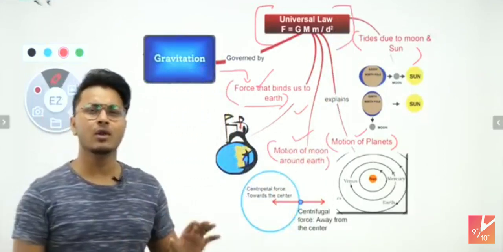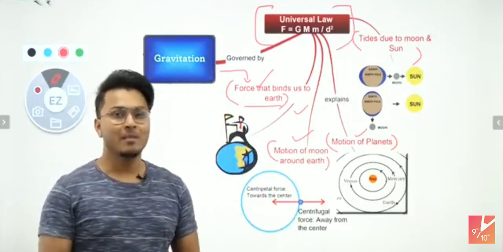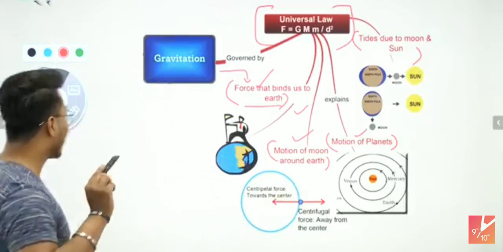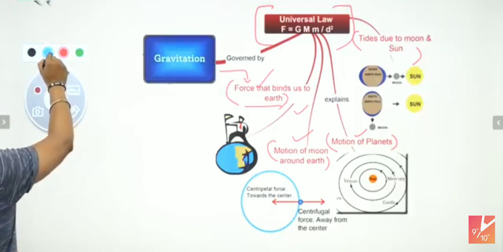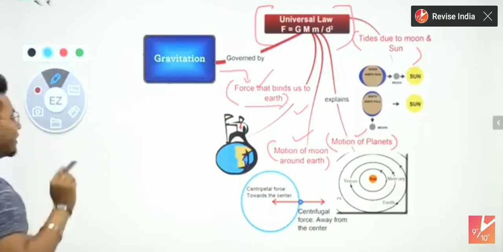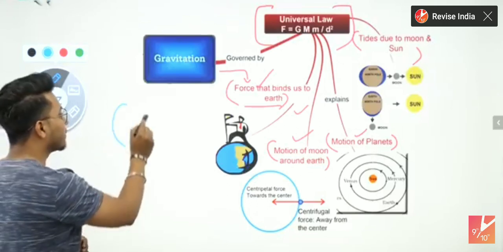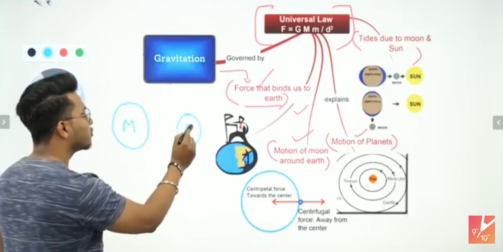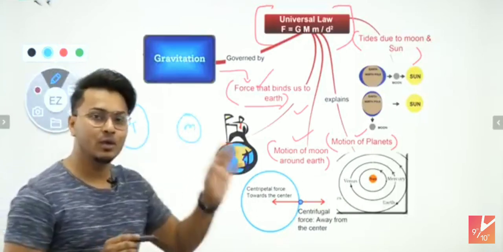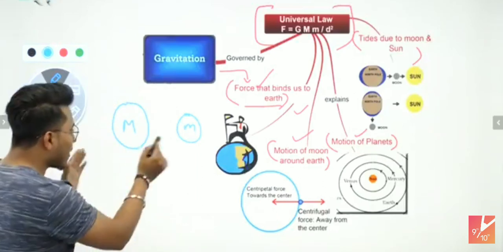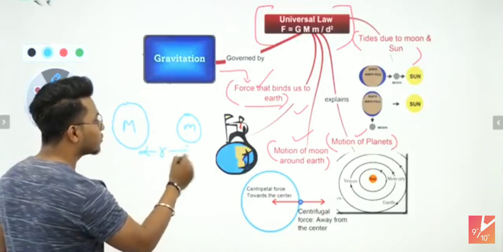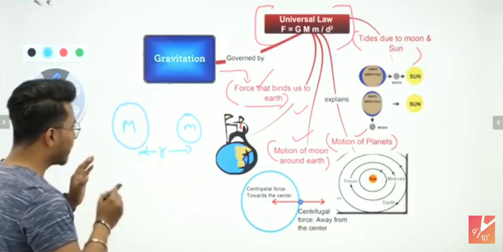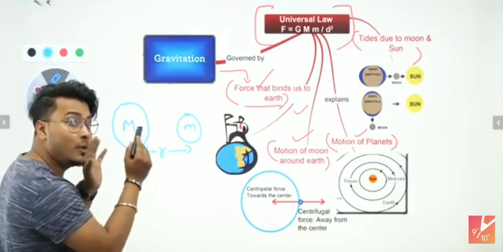What is the universal law of gravitation? Very simple, guys. Mr. Isaac Newton said something very interesting. Please focus here very carefully. He said, if there are two objects, one a bigger object capital M and one a smaller object small m, or you can take M1 and M2, it's your choice, completely fine, and they are at a distance of r. They are at a distance of r or d, whatever you want to take. Mr. Newton says that the gravitational force between these two objects